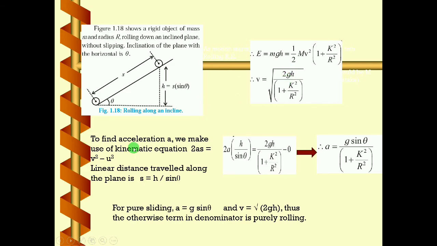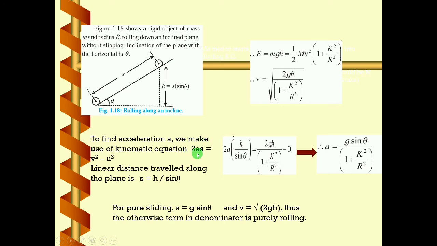Now this linear velocity we are writing in terms of height and gravitational acceleration. Next, if the question asks to determine the linear acceleration of a rolling body on an inclined plane, then using this linear velocity expression you will derive linear acceleration. So you will continue your derivation using the kinematical equation, the third kinematical equation, that is v square equal to u square plus 2as.